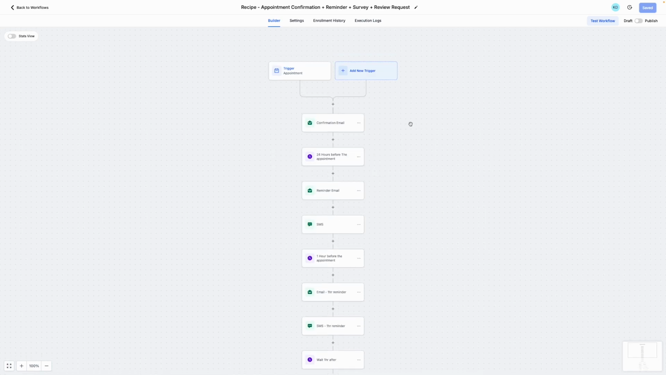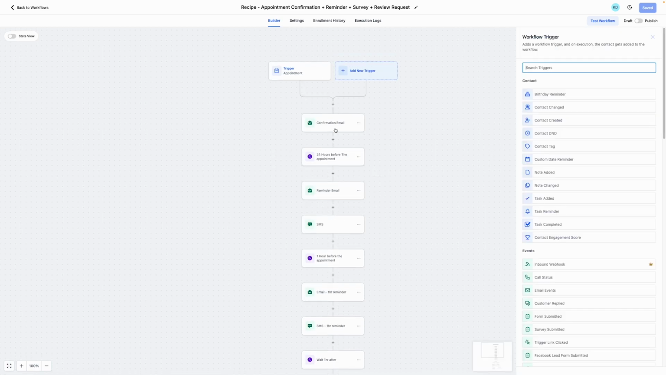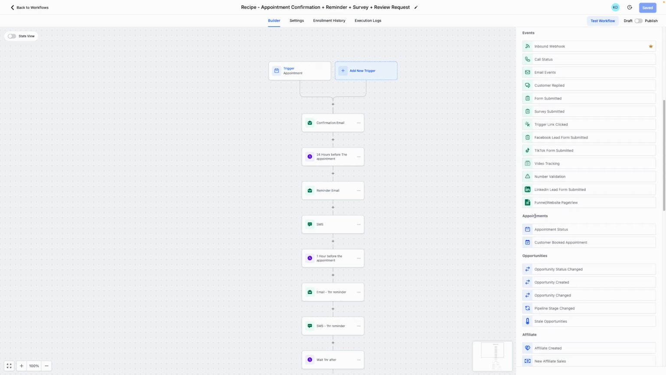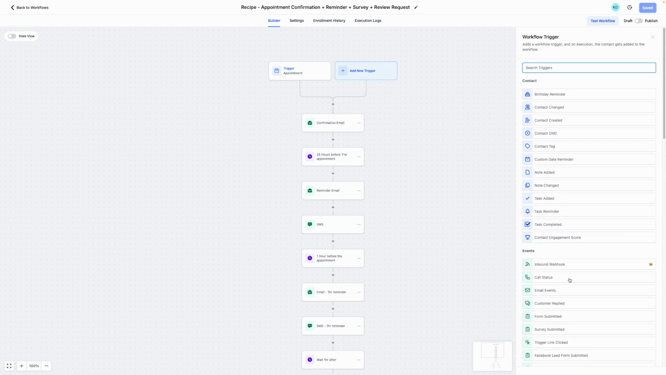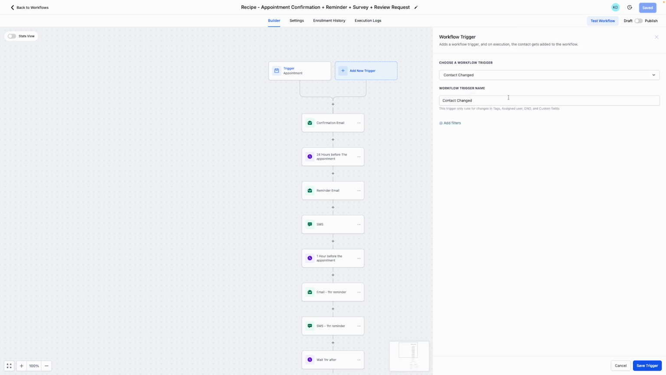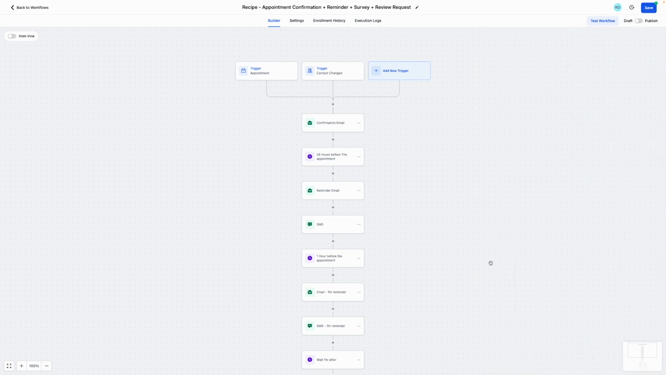Adding a new trigger is simple. We can simply click on Add New Trigger, and as you can see on the right, we have a bunch of triggers, like triggers for contacts, events, appointments, opportunities, affiliates, and so forth. If I want to, for example, add a contact change trigger, I can simply click on that. I'm going to be choosing the workflow trigger contact change, and the trigger name, I'm just going to leave as it is. And when I hit save trigger,